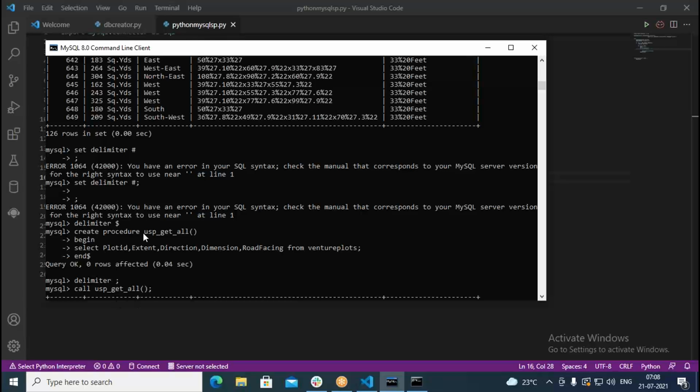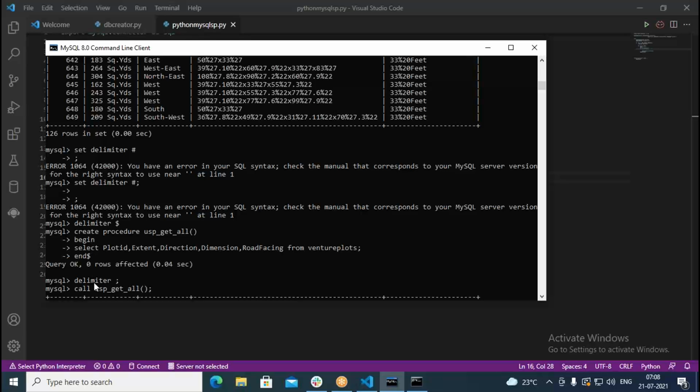So we have written delimiter $, then create procedure usp_get_all. Then begin, then we write select plot ID, extent, direction, dimension, road facing from venture plots, then end $. So what is happening with this? The procedure creation is getting ended. Whenever it encounters $, immediately it gets executed. Then after that, we restore the original delimiter to semicolon.